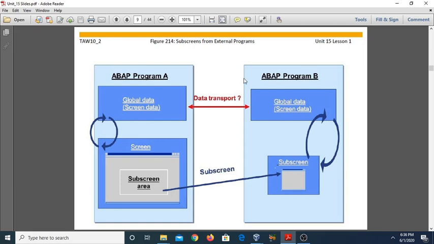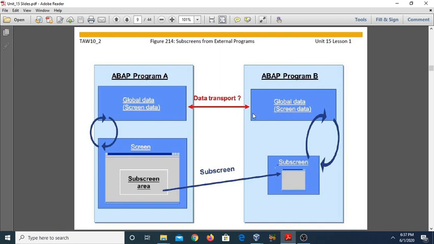But if an external program, ABAP program B, wants to call this subscreen area, it cannot access the global data of the main program. It is not possible to access the main program data from another program because it is not in the same module pool as the main program. So in this case, the data transfer from the screen to the program doesn't occur.